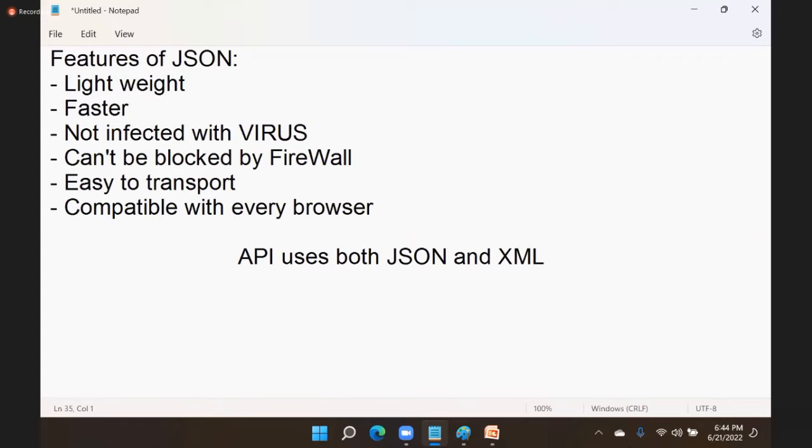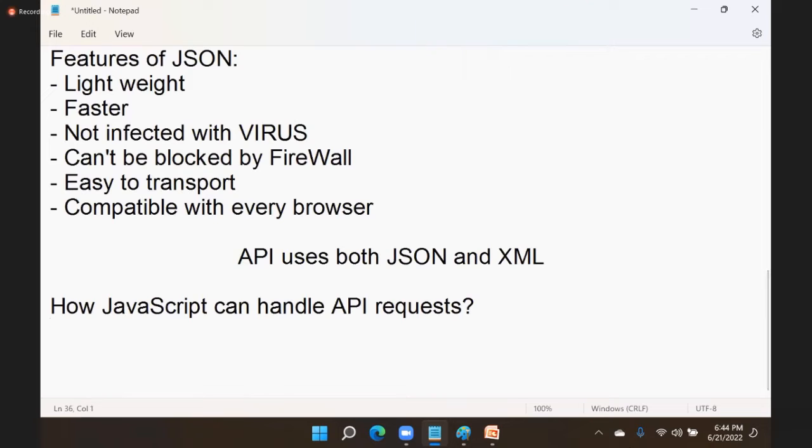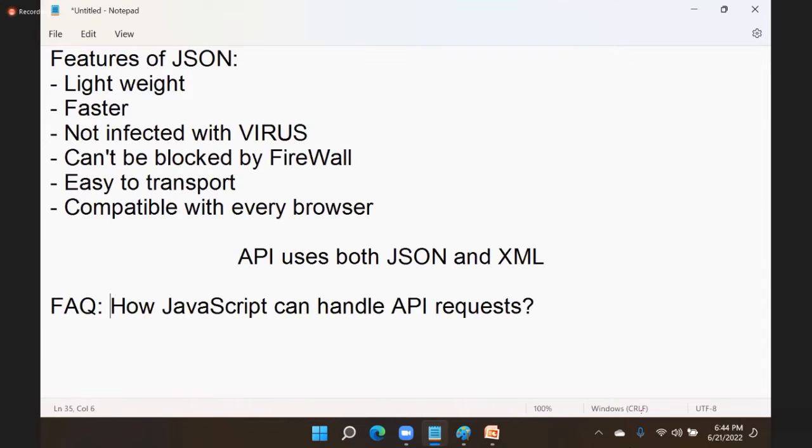That means here the question is how JavaScript can handle API requests. How JavaScript can handle API requests, right? It's very simple. So actually, the answer for this is